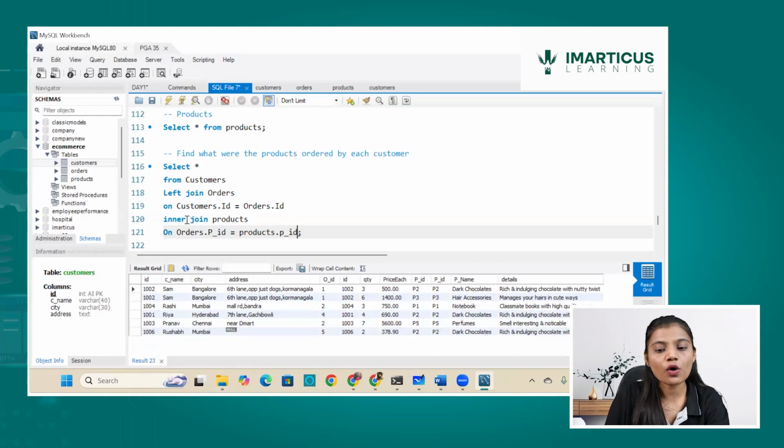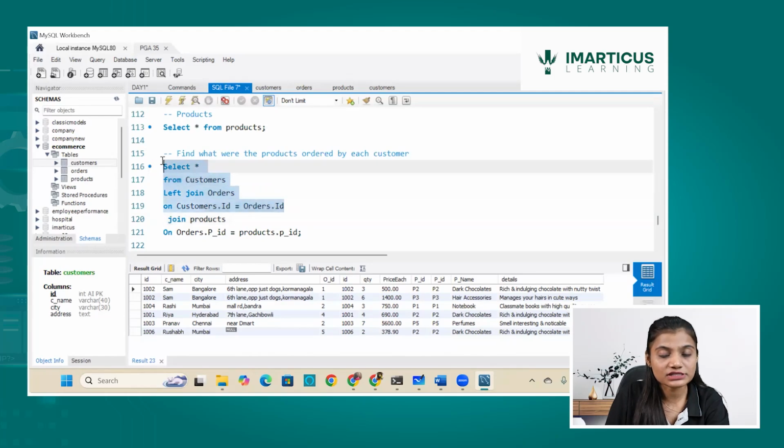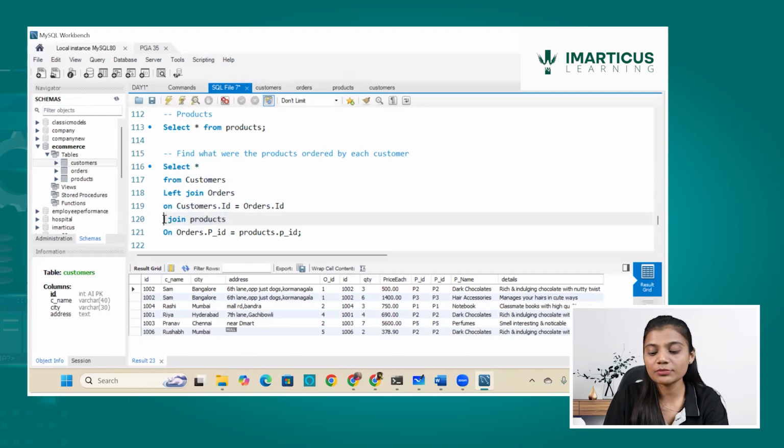So if I want all the product related information or all the orders related information, you can see when I did inner join, only the matches are given. But if I want all the entries of this query and only the matching ones from the products table, many people don't know what actually happens when you write more than one join.